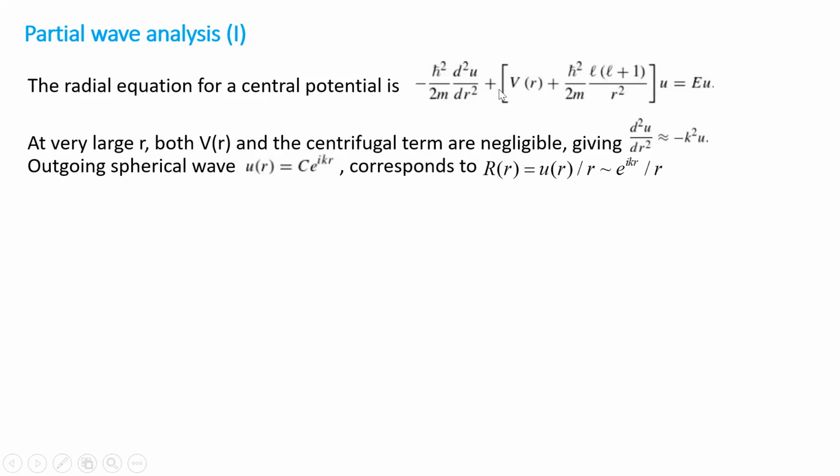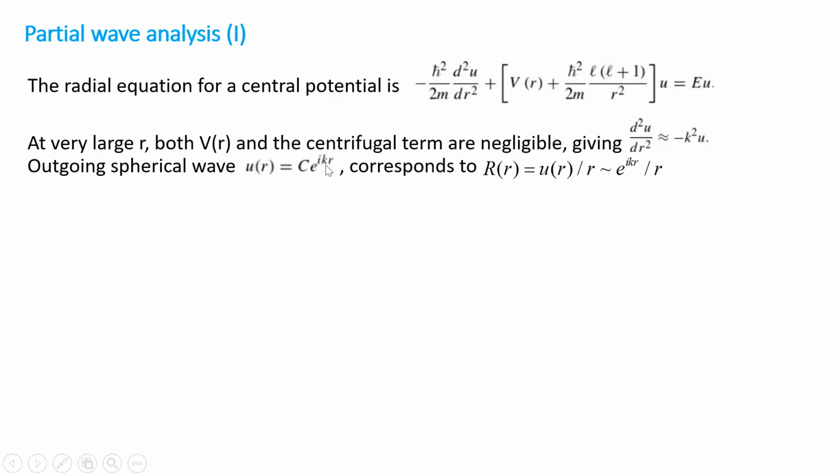So this whole expression drops out, and we get the second derivative of u with respect to r is minus 2me over h bar squared times u, but we call 2me over h bar squared k squared. So we get that d squared u over dr squared is approximately equal to minus k squared u, since we're neglecting this as an approximation. The solution to this is sinusoidal, because it's a minus k squared u. And so we get an outgoing spherical wave,